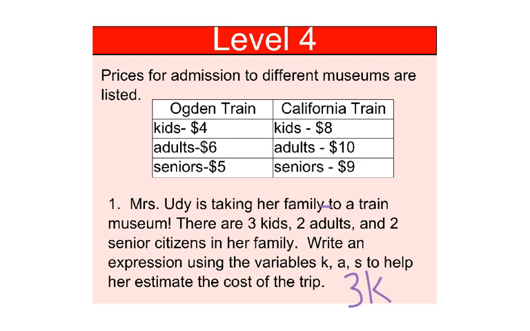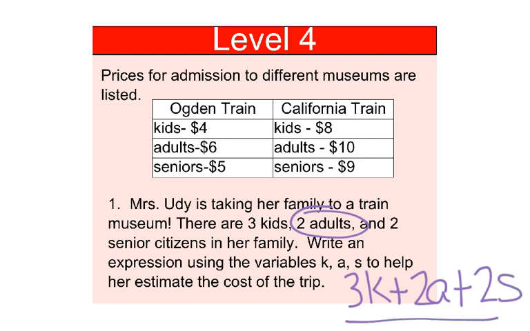Next, how many adults are going to be going? Okay, so we're going to add to this because we're adding the cost of the trip up. They're all going to be combined together. 2 times the cost of the adult ticket, which is A. Finally, the 2 senior citizens in her family, that's going to be 2 times the cost of the senior ticket, which is S. This expression here would help you find the prices of the 2 different train museums if you plug the numbers in. And hopefully that'll get you started on your level 4,